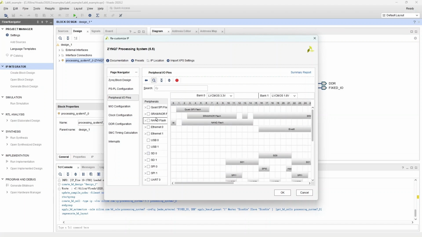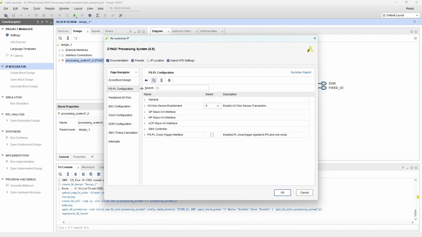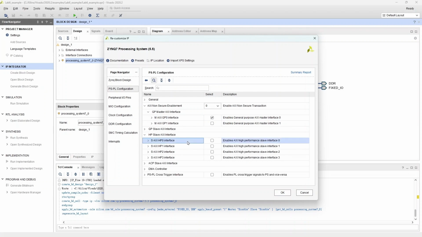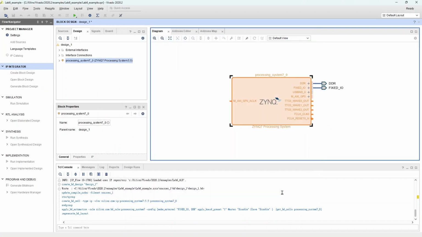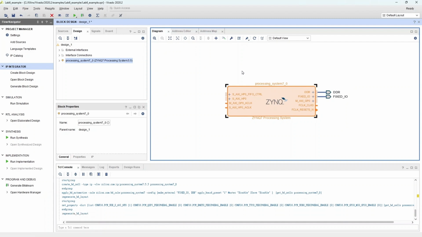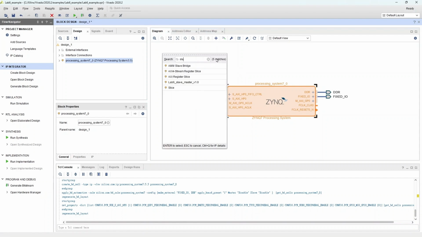Then switch to PSPL configuration. And check the boxes for MAXIGP0 and SAXIHP0. Click OK and hit the refresh button again to update the layout. Next, click the plus sign to instantiate our custom lab6_slave_master IP